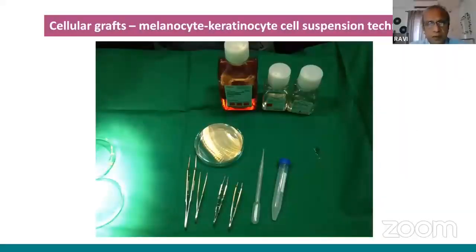So these are the similar equipment required for this hair follicle melanocyte cell isolation. We require trypsin EDTA solution here, 0.25%. This comes from a laboratory called Sigma Labs. And then this is trypsin EDTA inhibitor to reverse the action of the trypsin. Take some ml of this, add this here, and then incubate it, and then after this separation occurs, it